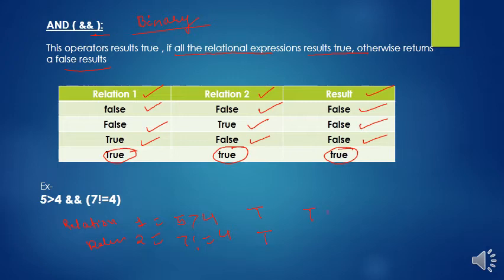So true and true will result in what? True. So AND always gives the result true if both relations give the result true. Otherwise it will give the result false.